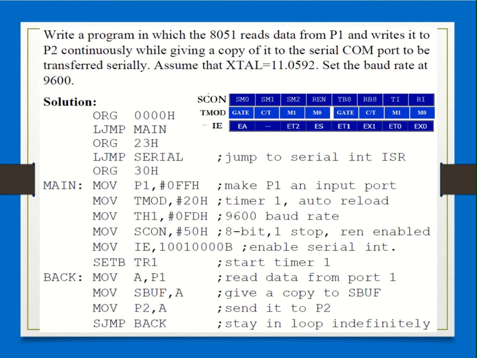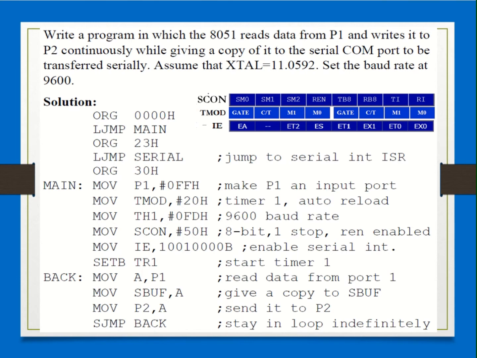We have to shift our main program to some other location. 0023H is a location allocated for the serial communication ISR, okay? And see, ORG 30H is where your main program is starting.